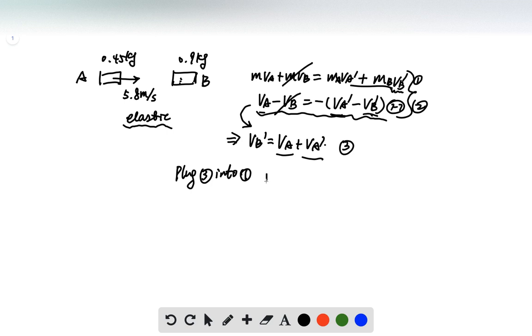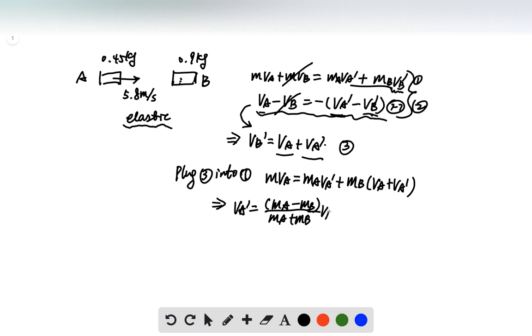So let's do that. Then we have MA VA equals MA VA prime plus MB times (VA plus VA prime). With a little bit of rearrangement, we have VA prime equals (MA minus MB) over (MA plus MB)